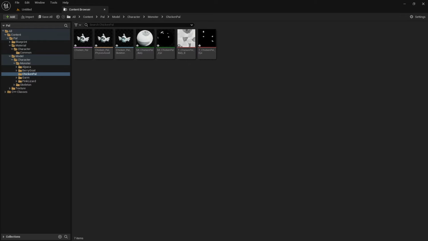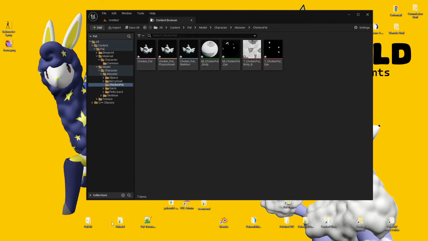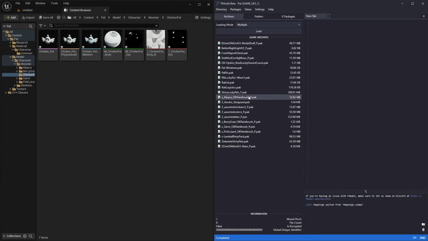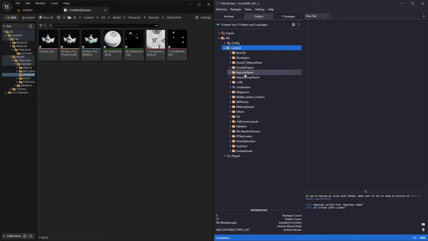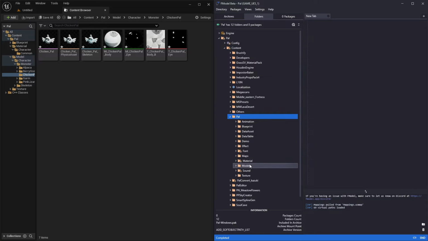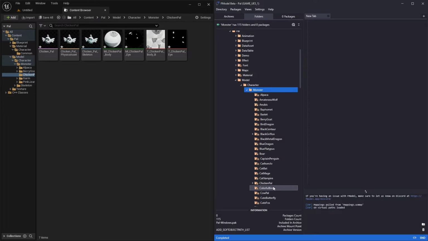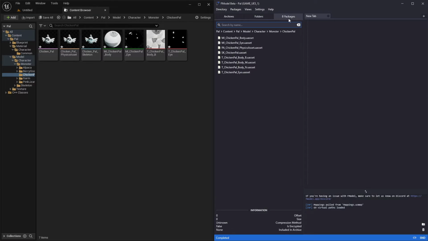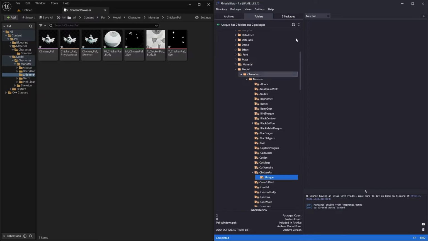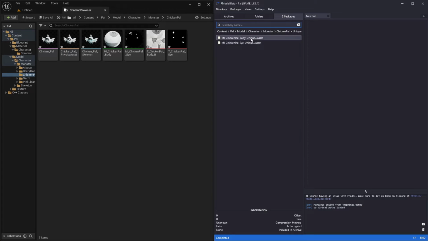So we're now going to want to make sure that we've named these exactly as they are in Fmodel. So if we go back to Fmodel, and we go to PAL Windows, go back to your Chicken PAL folder inside of here, go to this Packages tab at the top. I'm not quite sure why there's a unique folder in here. I'm not quite sure what that is or what it does. It's just there. That seems to be something in a new update. I don't recognize that. But if we just go to Chicken PAL and Packages,